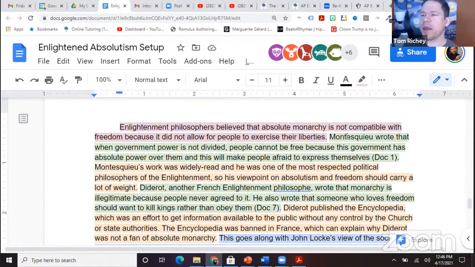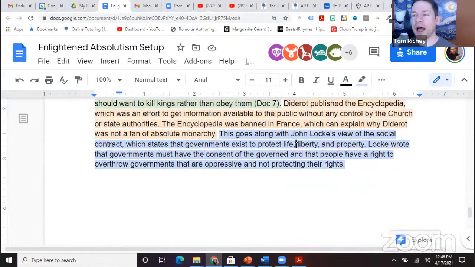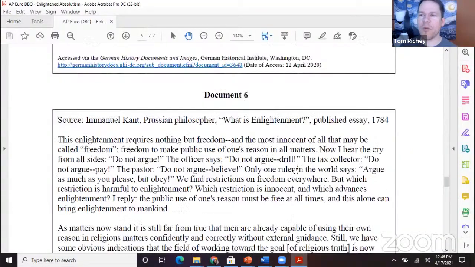Okay, so we see here that we've got a topic sentence, then we've got 2 documents that agree with each other, and then we've given some analysis here, and then we follow this with outside evidence. Okay, and so then let's think about when we're thinking about buddying up. Okay, so we had here